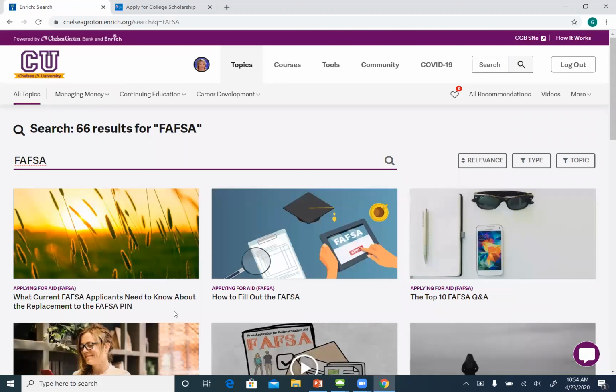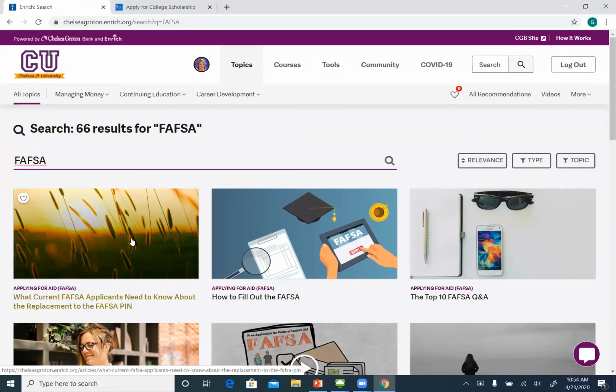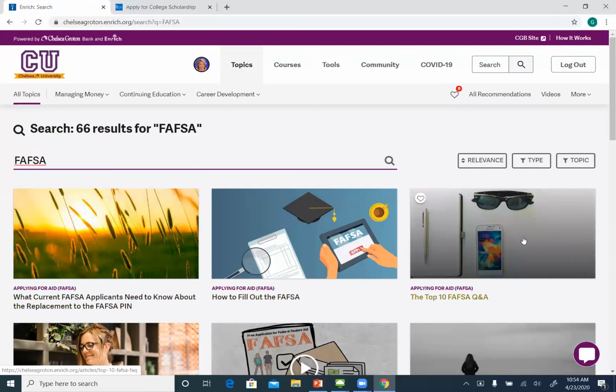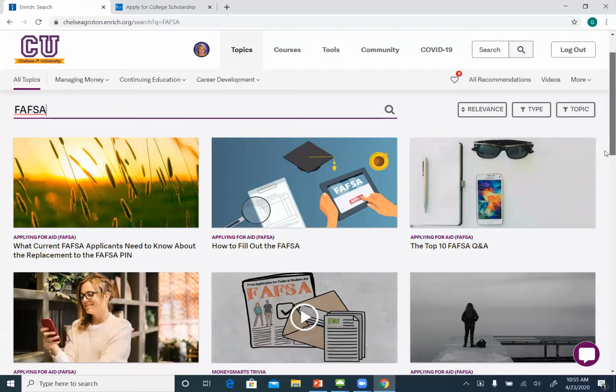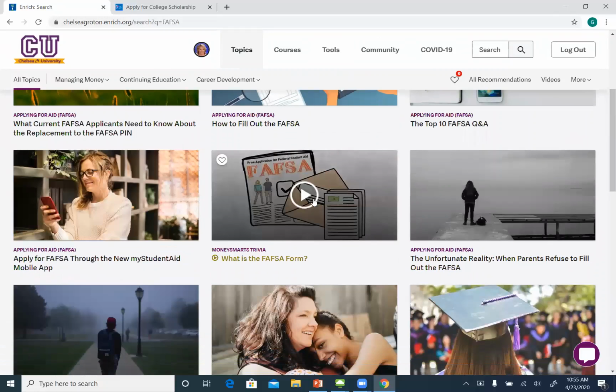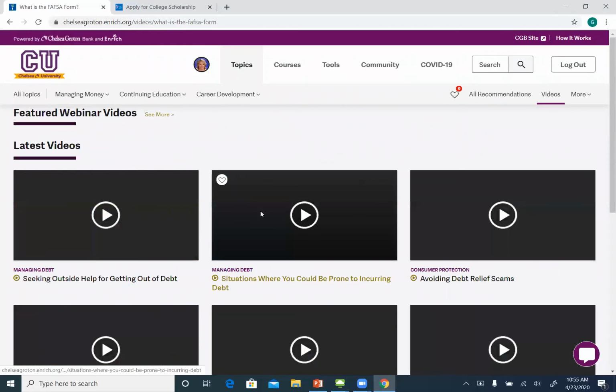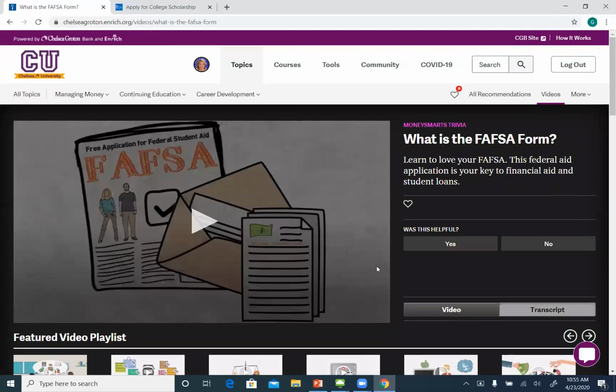So what is the current FAFSA? What do current applicants need to know about? So this is an article. These are articles. If you're looking for a video, there are a couple. This is one right here. So if you clicked on that, it would take you to the video playlists to talk about what is the